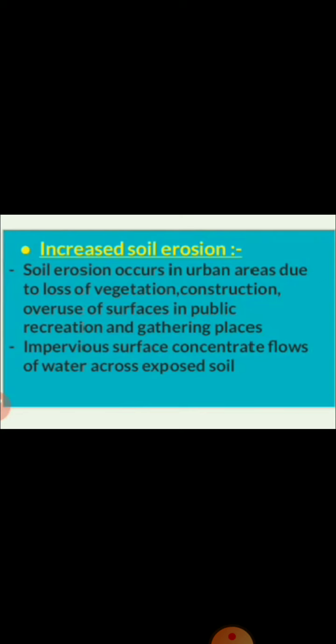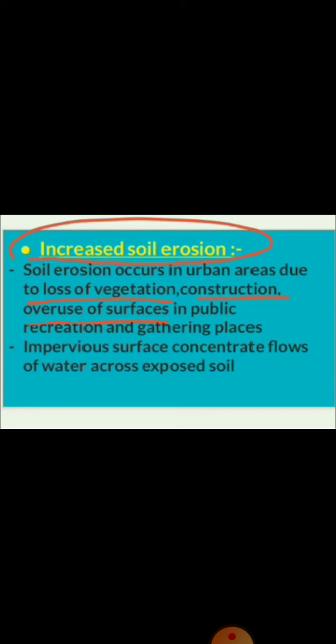The next impact regarding land and biodiversity is increased soil erosion. Soil is a very essential component for living organisms, especially for humans, and soil erosion occurs in urban areas due to loss of vegetation, construction, and overuse of surfaces in public recreation and gathering places. These are the activities mainly responsible for soil erosion in urban areas. Along with these activities,